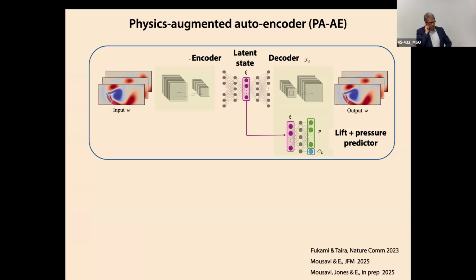So autoencoders are a natural extension of an idea we've been using for many years in fluid mechanics. We've often tried to compress our flow field into something very low dimensional. For many decades, it's been, say, POD, proper orthogonal decomposition, which is a way to find the most energetic modes in a flow field. This is the natural extension of POD in many ways, because it uses nonlinearity in these neural networks to encode the flow into a very low dimensional state and then decode it to get the flow field back.